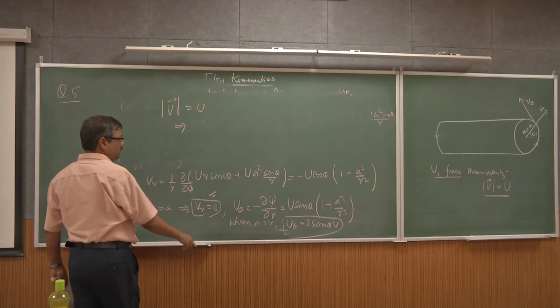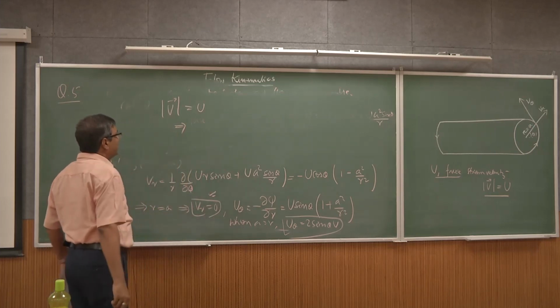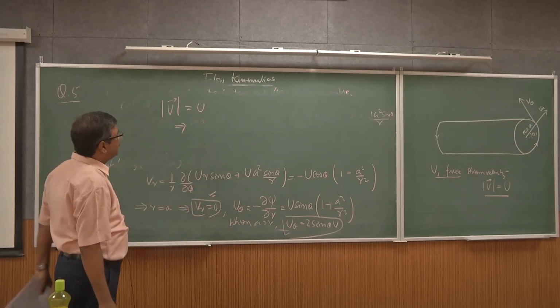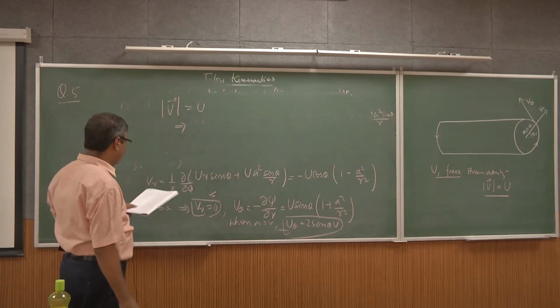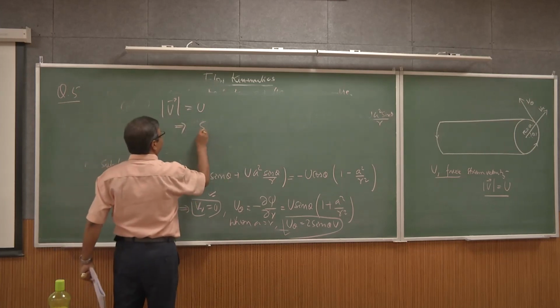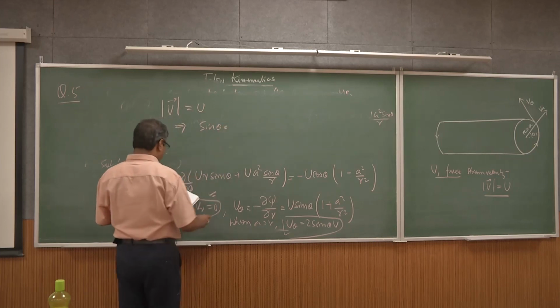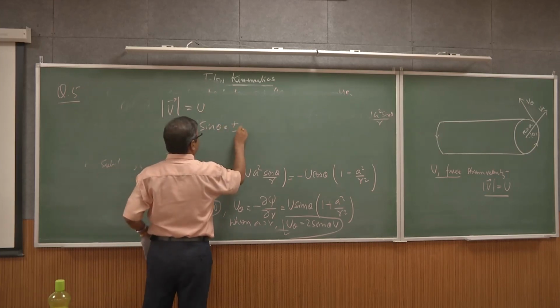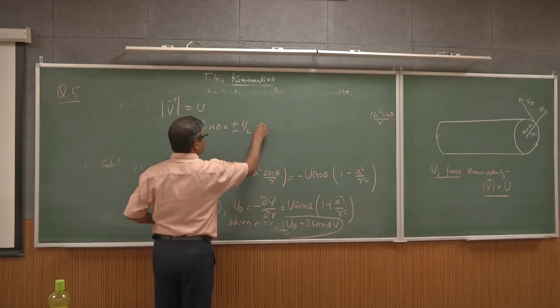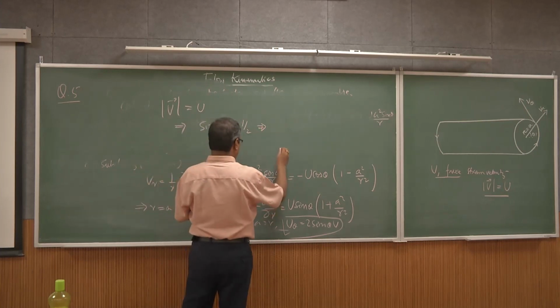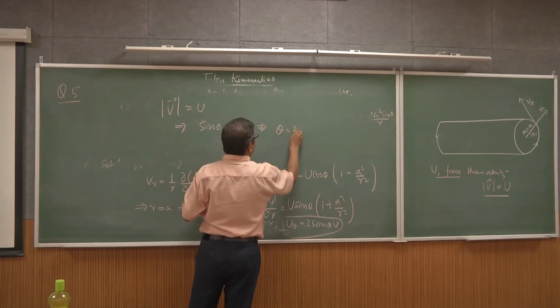If I equate it with the U value, I will get sin theta equal to plus or minus half. That indicates theta could be 30 degrees,